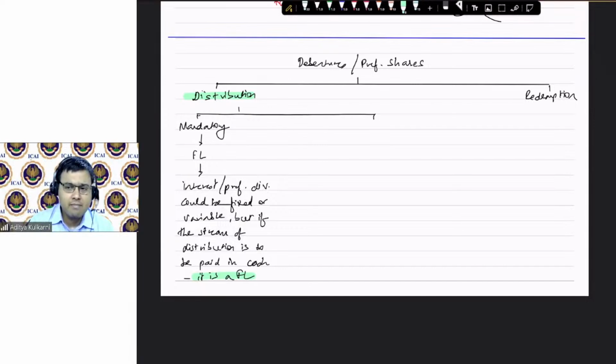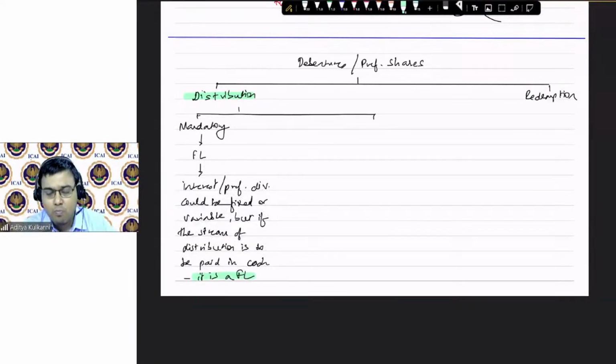What you used to do in intermediate is, डिबेंचर नाम लिखा है ना, वो भले कुछ भी हो जाए उसके साथ, इवन इफ इट इज कंपल्सरीली कन्वर्टेबल, आप क्या करते थे? व्हाट यू यूज्ड टू डू, धाड़ करके यू यूज्ड टू पुट इट इन फाइनेंशियल लायबिलिटीज. Yes, non current liabilities, because that was what was required. It was more of a legal form accounting. Here we are not looking at the legal form. We are looking at the substance of the instrument. And that is why each and every flow of cash matters. Each and every clause in the contract matters.